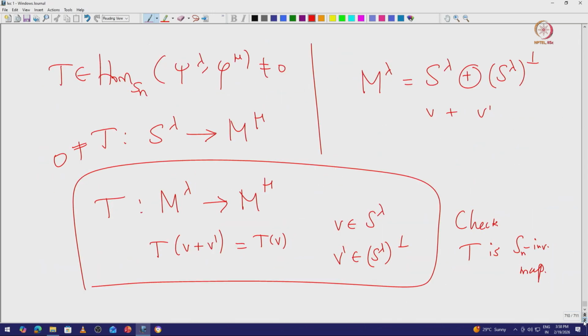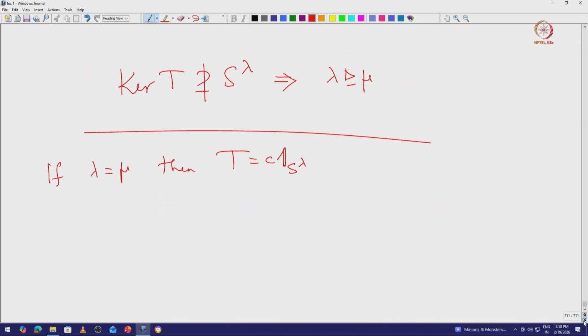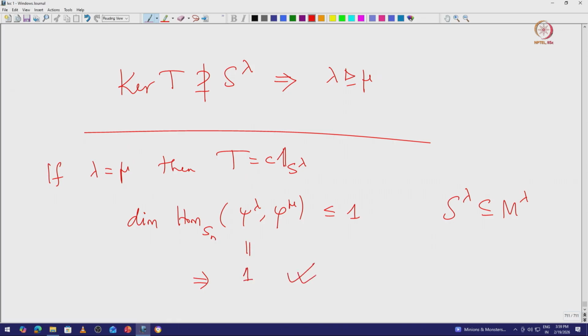So, using that you can see that the dimension of this Hom space Hom_Sn(ξ^λ, φ^μ) can be at most 1. And since μ equals λ and S^λ sits inside M^λ, that would imply that this dimension is exactly equal to 1,